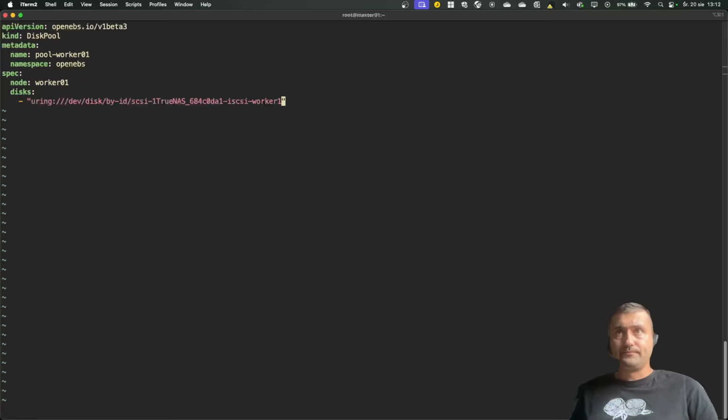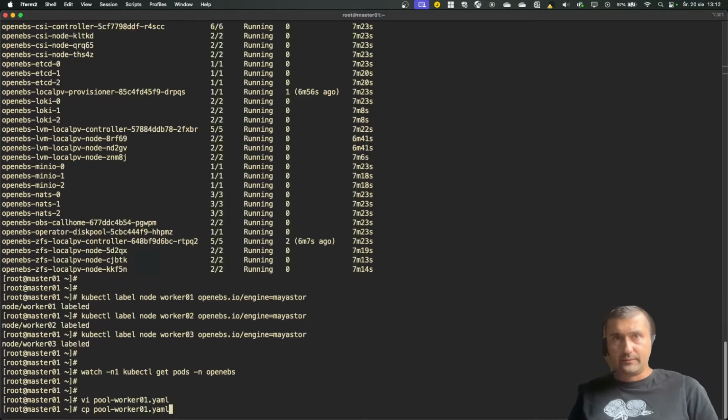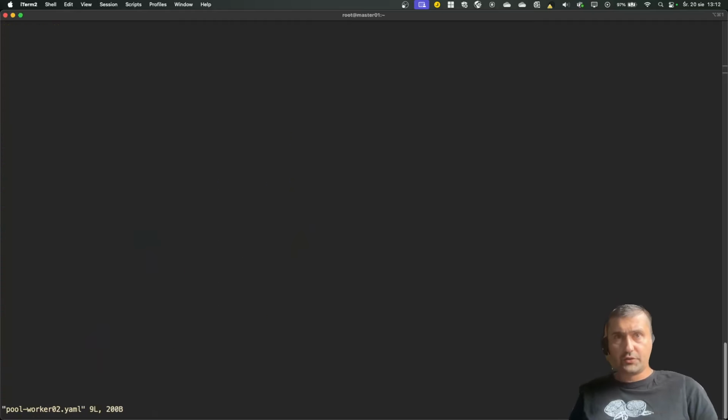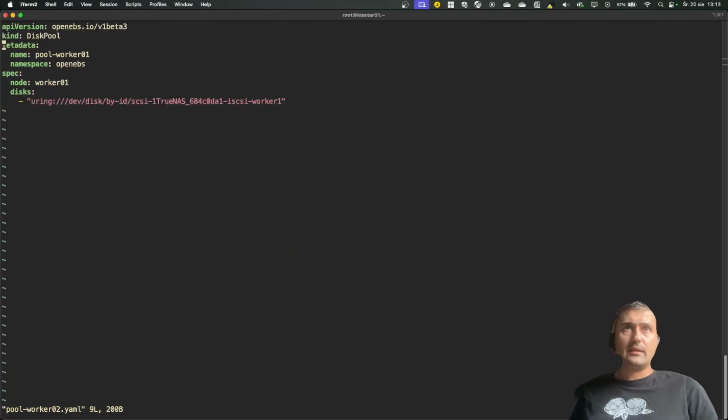So that is for worker 1, and actually I wanted to have worker 1, worker 2, and worker 3 use the same sdb device that is connected through iSCSI. So I will quit it, and I will copy that file into worker 2 and worker 3 as well, because we need to have one per node. So let's go to the pool worker 2 and change it. For worker 2 it would be pool worker 2 as the name, the node is worker 02, and this SCSI ID is of course different. So let's use the valid one for worker 2,